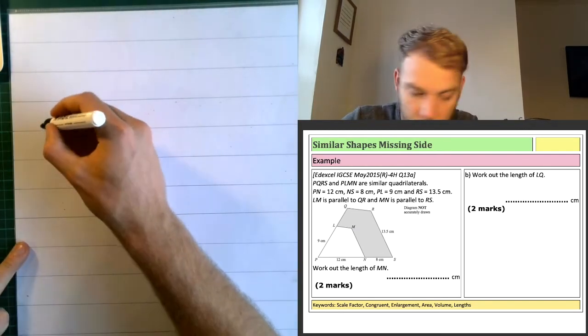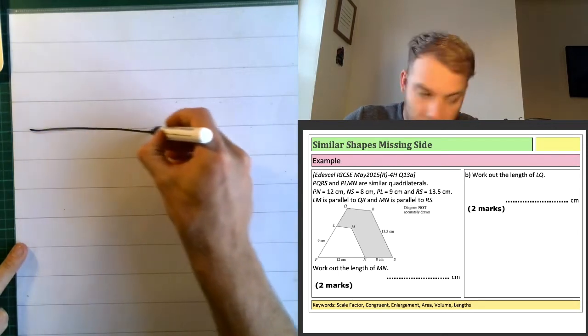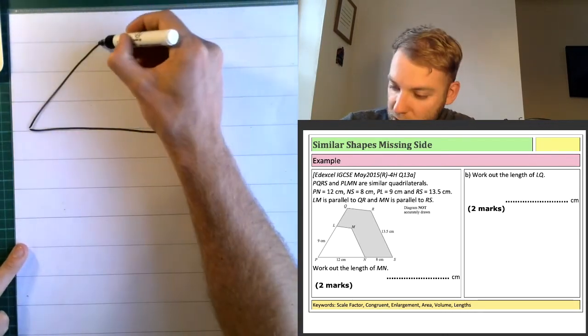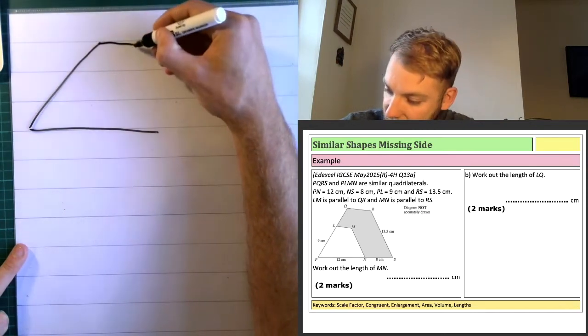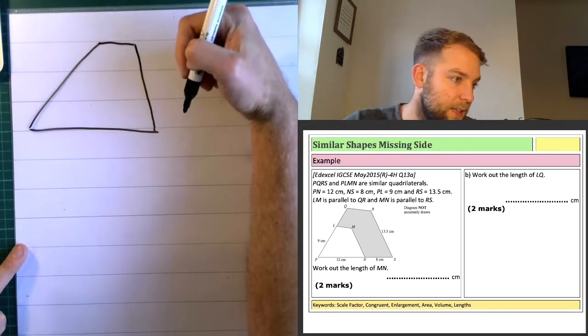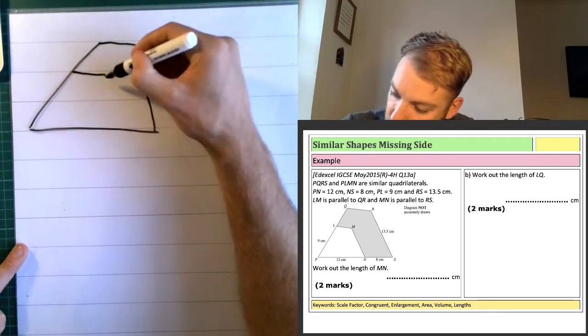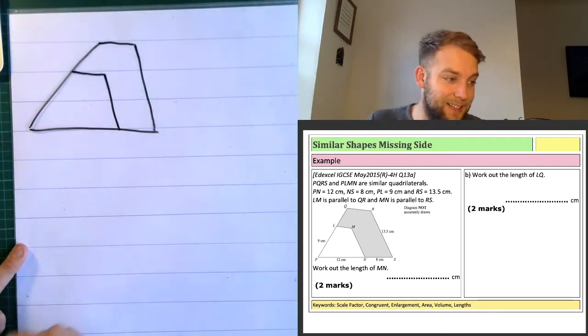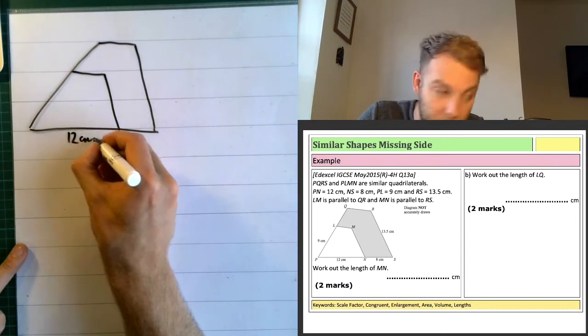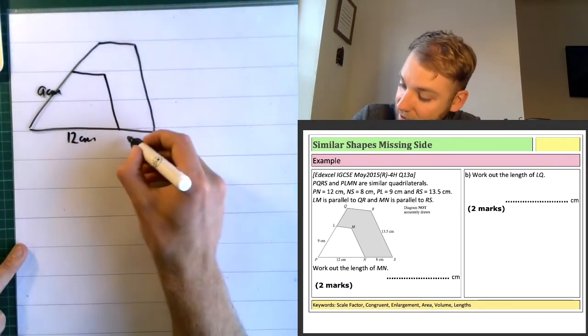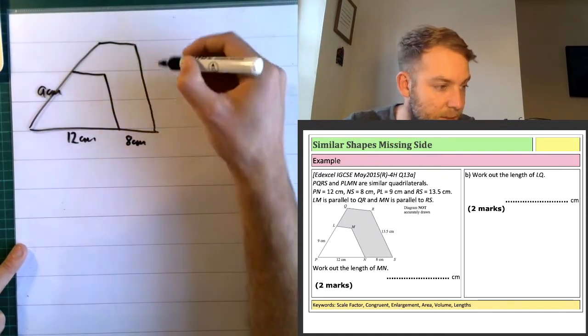So here we've got, now, don't be worried about the fact that it's not a triangle. It's a weird shape because it says that they are similar. It says that they are 2 similar quadrilaterals. So we've just got one quadrilateral inside another one exactly the same way. This one here is 12. This one here is 9 centimeters. This one here is 8 centimeters. And this one here is